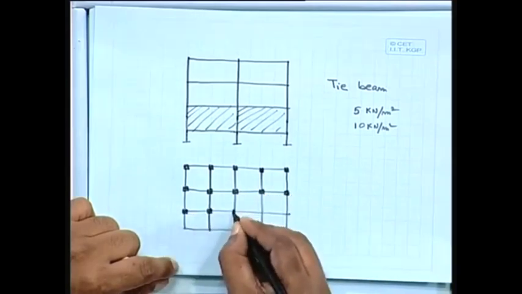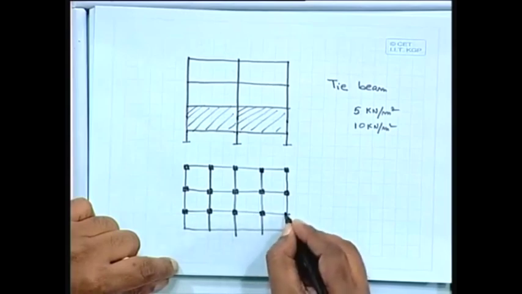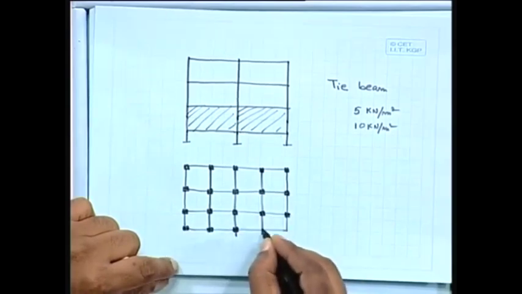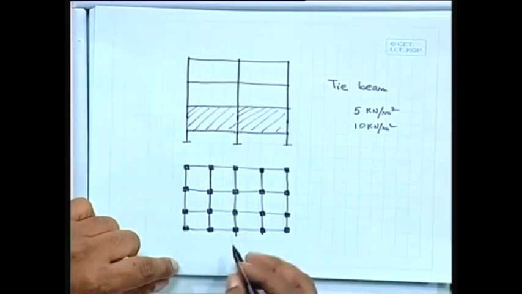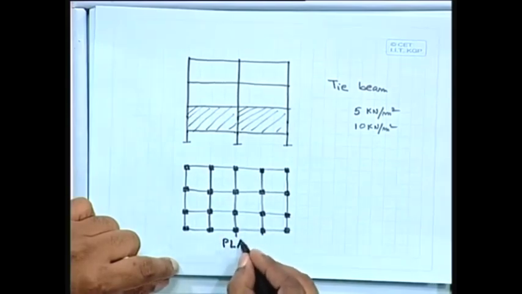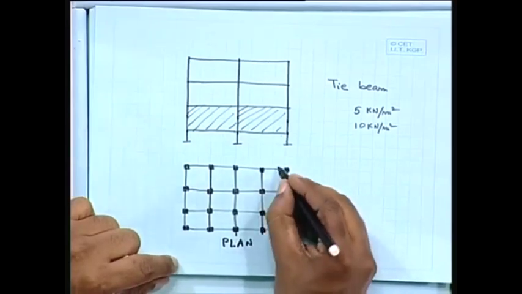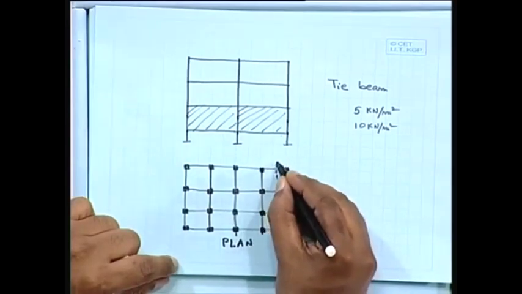So these are the column positions. We are looking at a plan of a building, and these are all columns. We have to give certain dimensions